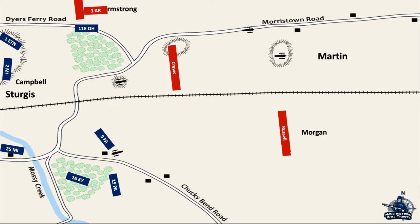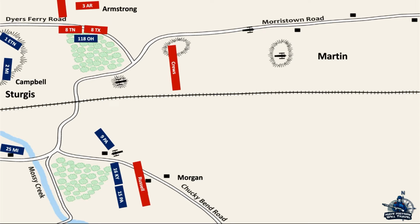Armstrong wasn't done with the Federals in the woods yet. He sent the 8th Texas and the 8th Tennessee to engage with the Ohioans and drive them out of the woods, but the men from Ohio made a strong stand against the Texans and Tennesseans. To the south, Martin sent Russell's brigade of Alabamians against the Federal right. The Federal soldiers formed a determined battle line to resist Russell's brigade, with the two sides erupting in a deadly